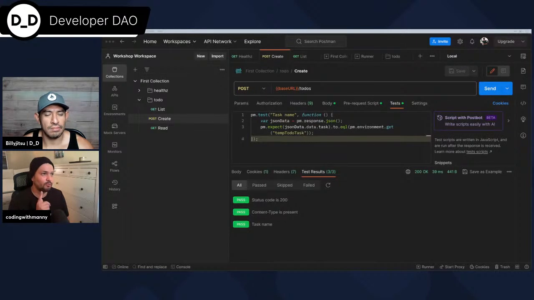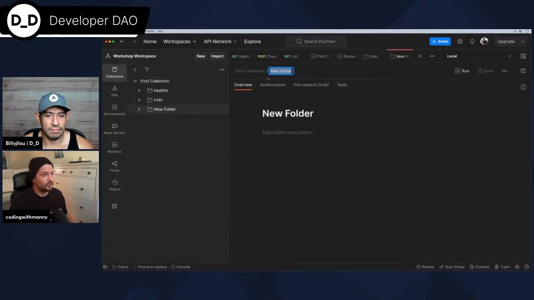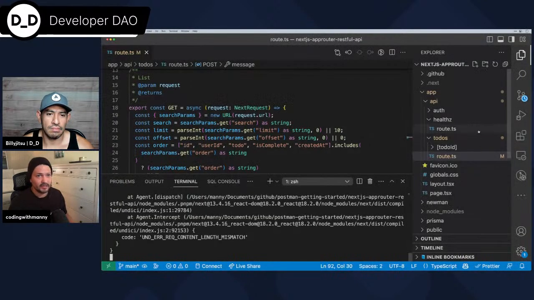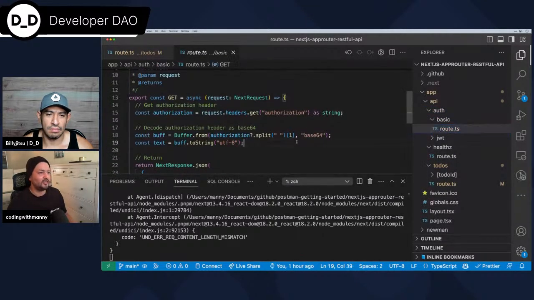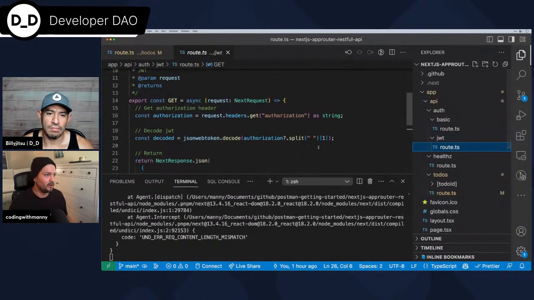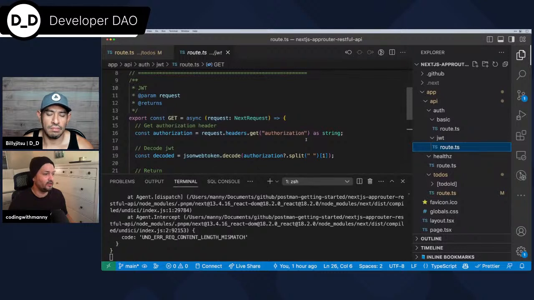Actually, just before that, I briefly want to show you how authorization works a little bit so that you understand what authorizations actually exist within Postman and how it supports that. So I'm going to create a new folder here. There we go, folder, and we're just going to call it auth. In auth, I actually have two endpoints set up in my API: a base 64 auth, which is not the most secure, but some services require you to use it, and a JSON Web Token auth, which just decodes a JSON Web Token to show you how that is natively supported within